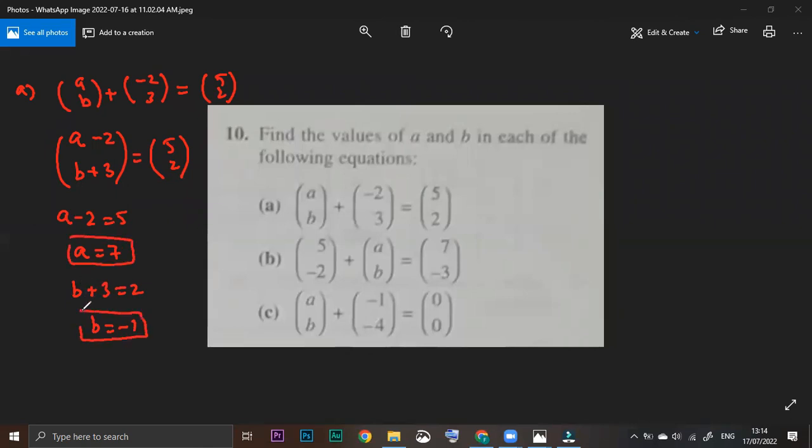To add the column vectors, we will simply add the horizontal components and the vertical components to get the addition of vectors. This one is all about the lesson, and you can attempt the exercise